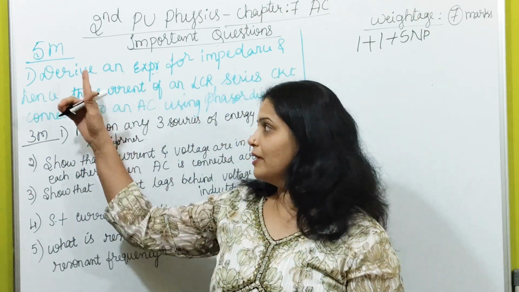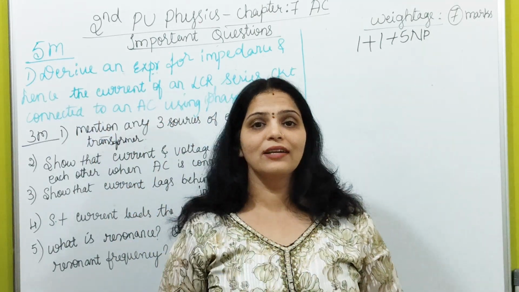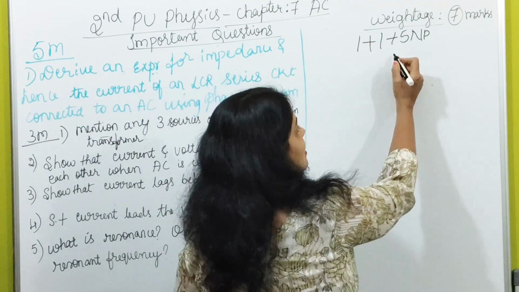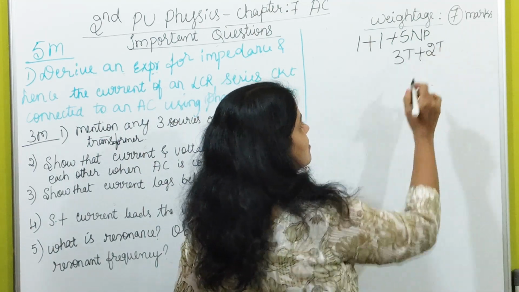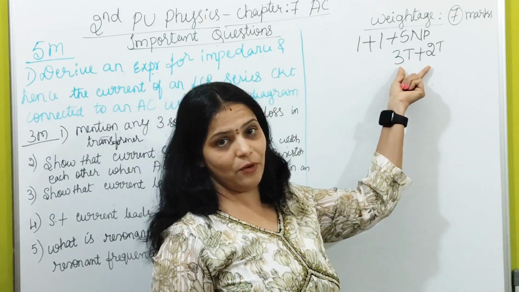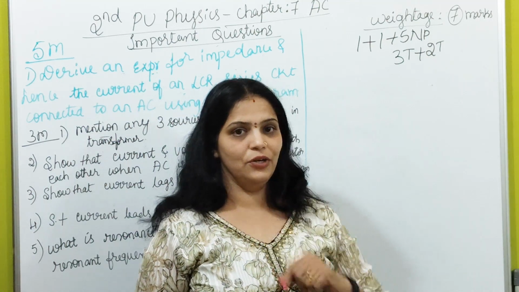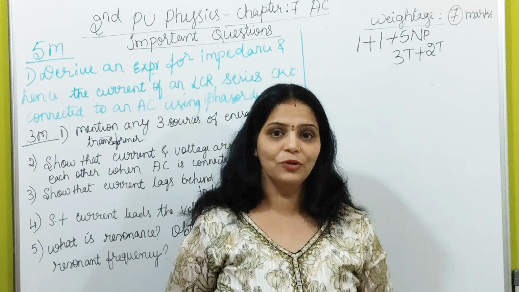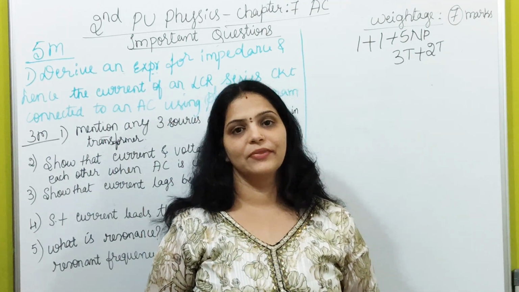Theory for 5 marks is only one question. Suppose a problem is not given from this lesson, then you can expect one 3 marks theory question and one 2 marks question. Sometimes they may ask a numerical problem in 3 marks and 2 marks, or a theory question; I'll tell you which is important. But most of the time you are expecting the numerical problem in this lesson for 5 marks.